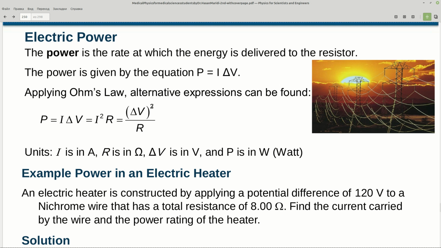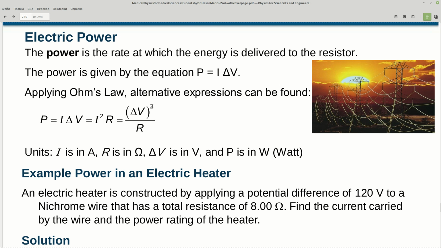Actually, we're trying to use this thermal energy that we receive due to the big resistance of the nichrome wire to the electrical current going through it, because a potential difference of 120 volts is applied to this nichrome wire. And the solution of this task will be that we have this difference of potential,